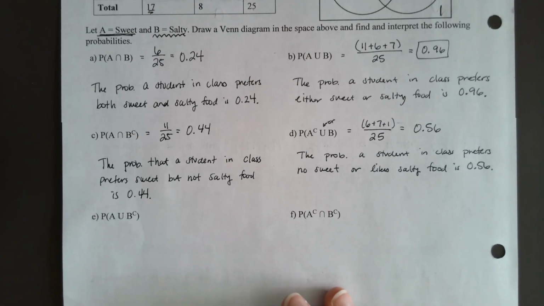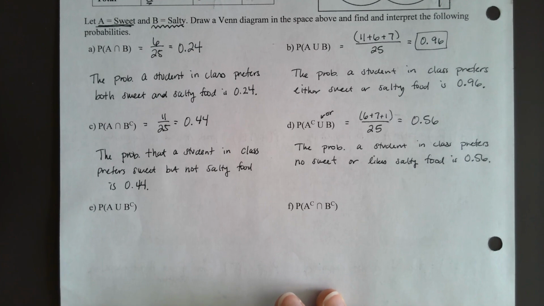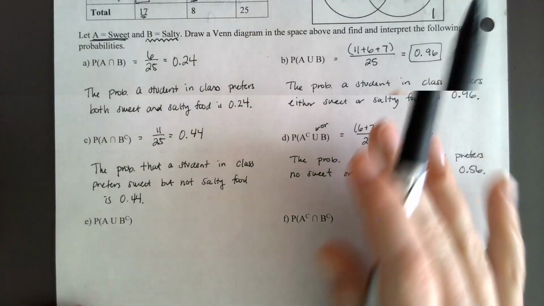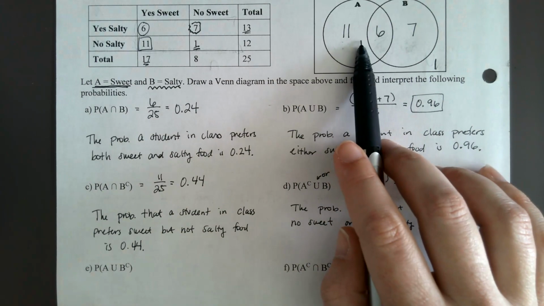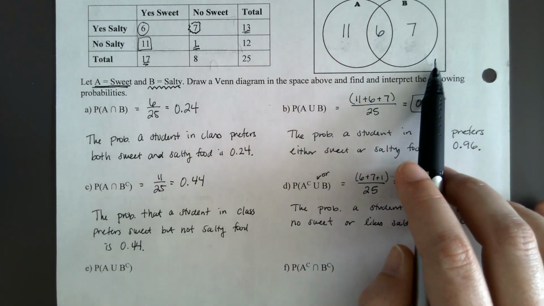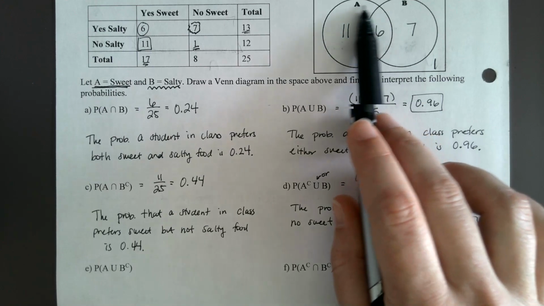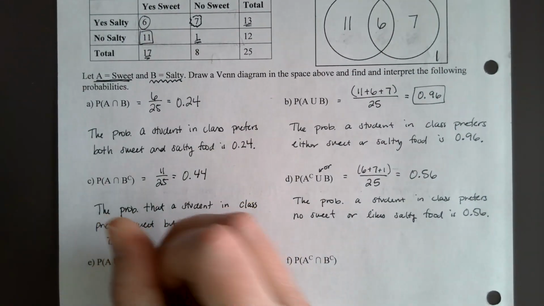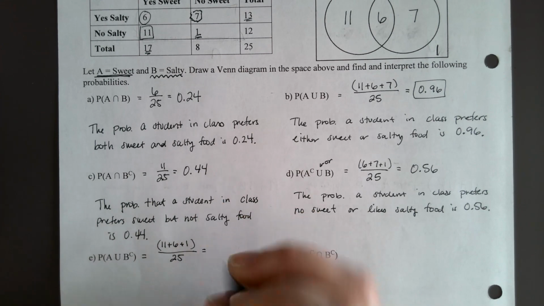So taking a look at our next example, we have A or not B. So we're looking at those that like sweet. So looking at sweet, we're looking at all those that like sweet. So we're looking at our 11 and 6, making sure that we have either we want in A or not B. So looking at or not B, well, or not B would be also adding the 1 in, because that one person is not in B. So looking at the 11 and 6, because they're in A, or we got to add in that one person that is not in B. So we would have our 11 plus 6 plus our additional 1 that is not in B out of the 25 individuals, and we